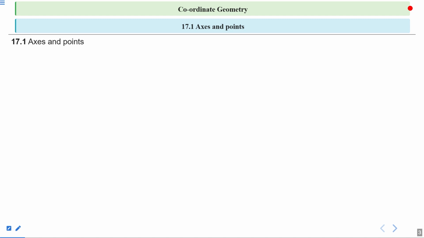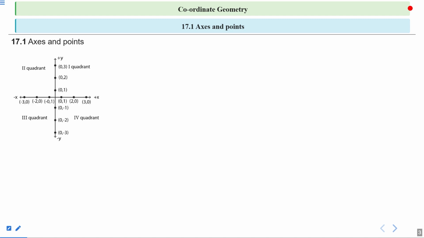So, axes and points in coordinate geometry. These are the representation of the axes and points. There are four quadrants in a plane. These are the x and y lines, and in these two lines, x and y, there will be four quadrants: first quadrant, second quadrant, third quadrant, and